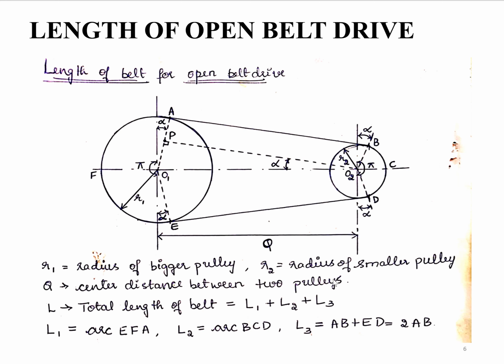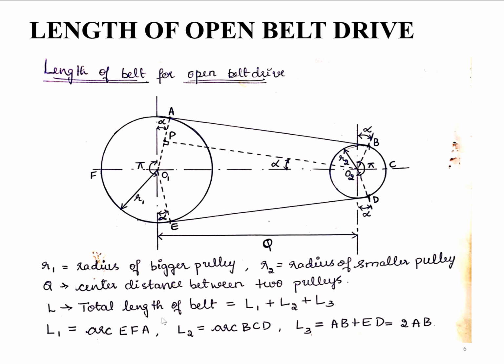Now if I want to know the complete length of a belt, or to be precise the length of an open belt drive, what length should I find? I should find the two arc lengths which are in contact with the driver and the driven pulleys, and next the length which is not in contact with any of the pulleys. Now the distance between O1 and O2 is the center distance, from one shaft to the other shaft, or from the center of one pulley to the other pulley.